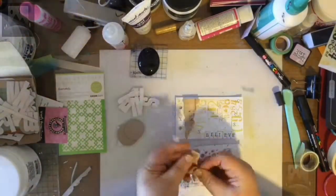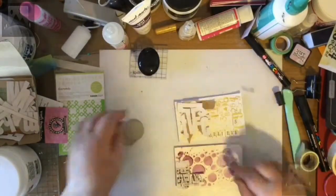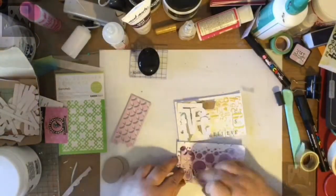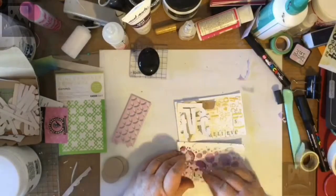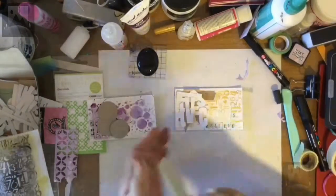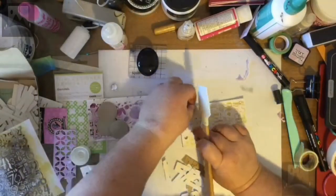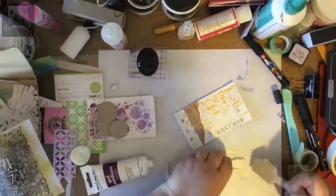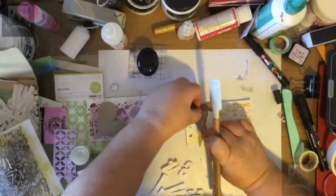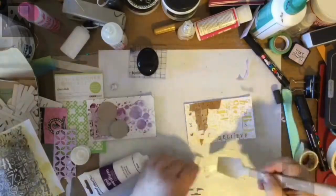So on the circles I add some music paper, and on the numerical one I use some handwriting to add some background. I've also used some papers from a die cut, and it adds a circular background as well. So I'll use some gel medium and add these to the page. I've used a gloss gel. It doesn't matter what sort of gel you're using, it's just to get the items to stay where I want them. So I place the die cut